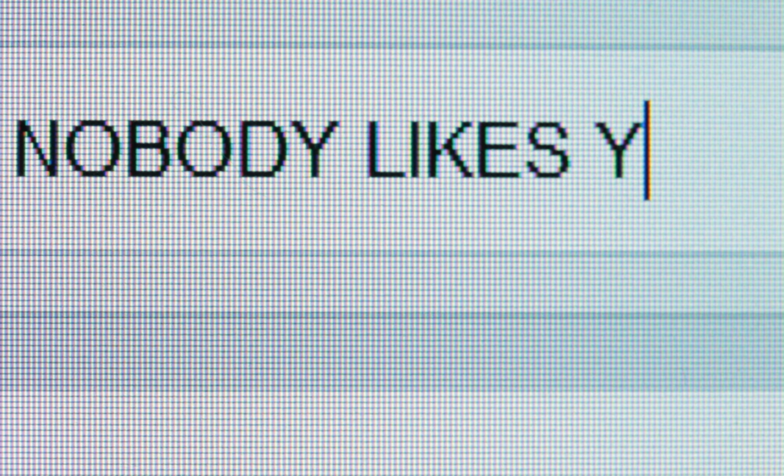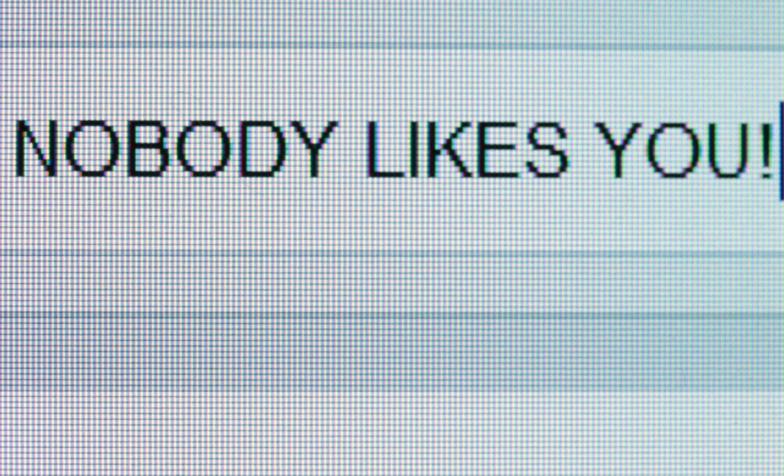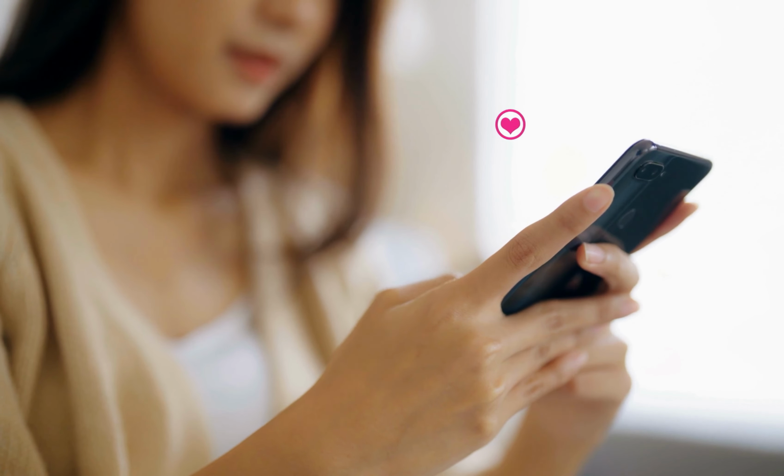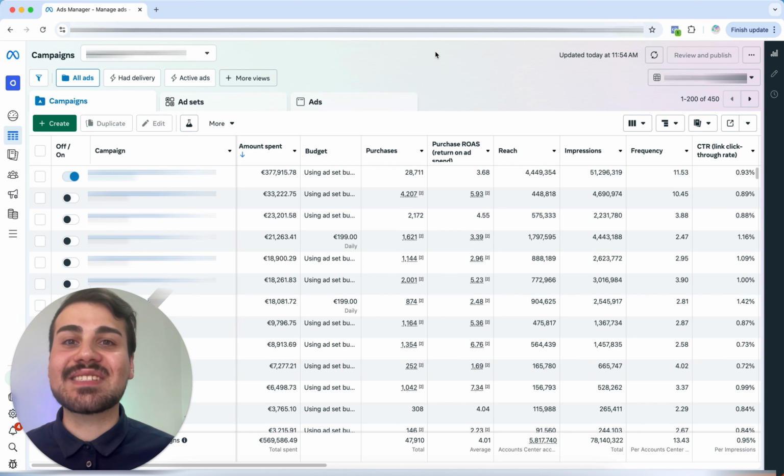The same goes for bad comments. Almost all platforms receive negative comments, most of them unfounded. My recommendation is not to address it if the comments are unfounded, as the ad will likely have been seen by someone outside of your target audience, which is completely normal, because Meta's algorithm always has to reach new people in order to simply find the right people. The advantage of the strategy mentioned in this video is that the combination of influencer marketing and ads results in very many positive comments. These people will defend you in the comments if someone writes something negative without justification. This is simply because these people are very familiar with their favorite influencers.